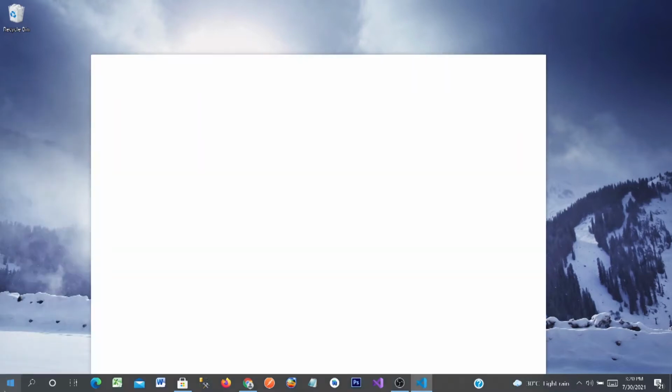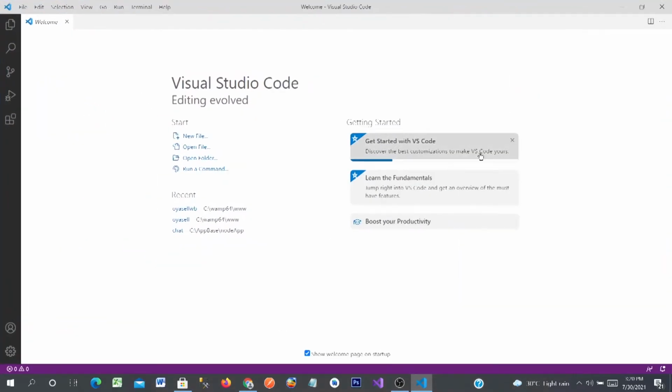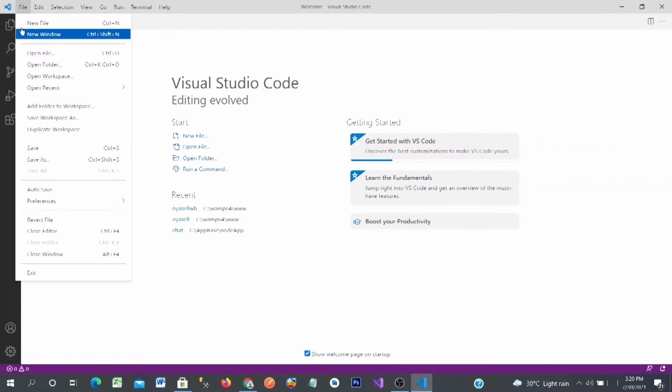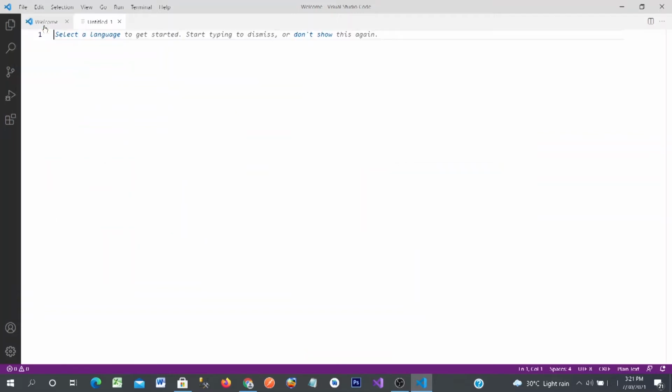Here on my system, Visual Studio Code is opened. And now to get started, I'll click on the File menu and click on New File link, or Ctrl N to create a new file. Okay, now we have to save this file as HTML document. Now to do that,